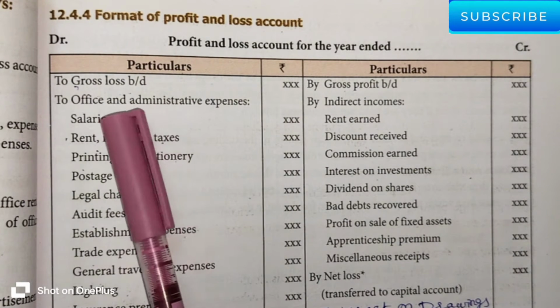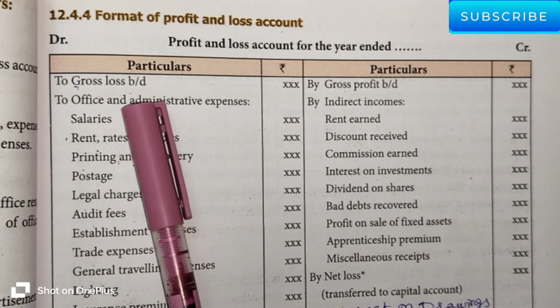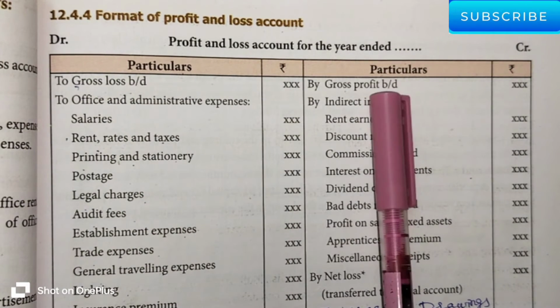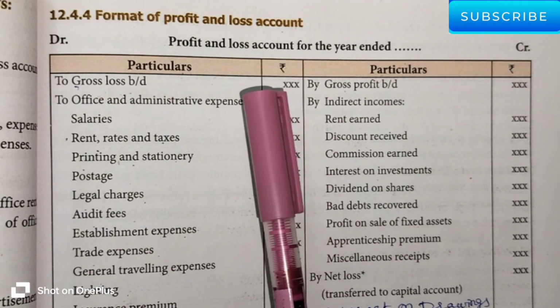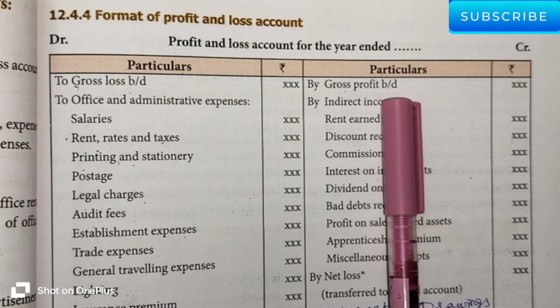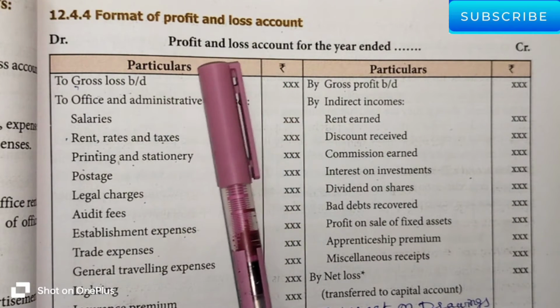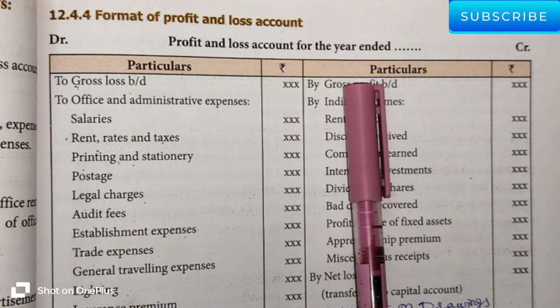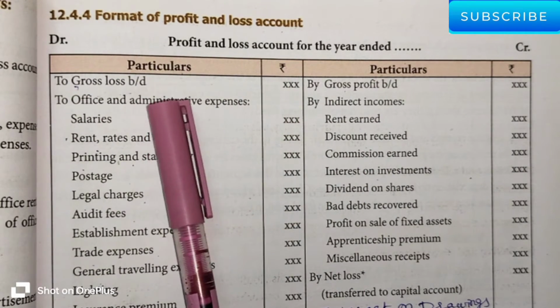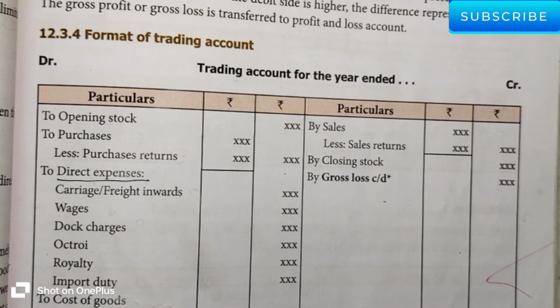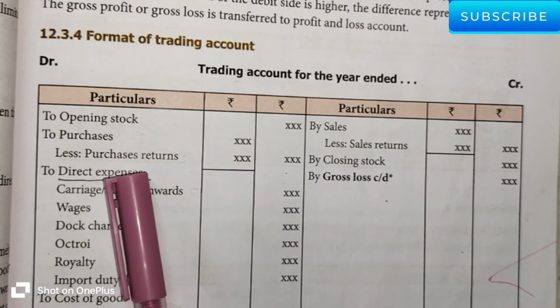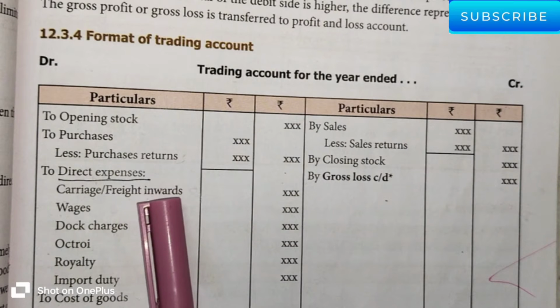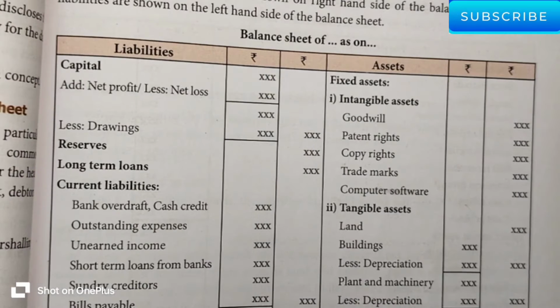Whenever you prepare the profit and loss account, the amount of the gross profit or gross loss brought down from the trading account is the first item in the profit and loss account. You always start by entering the gross loss or gross profit brought down from the trading account. In the trading account, all the direct expenses and cost of manufacturing goods are debited. In the same way, in the profit and loss account, you have to enter